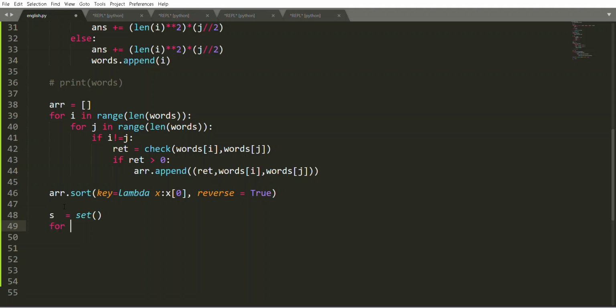Now what I do, for every item in this array that I had, if item 1, like this item is now a tuple. In this array we had tuples. So item 1, if item 1 not in S, so if we have not already included this, so in this